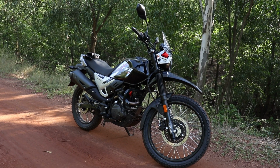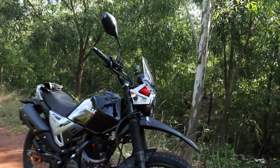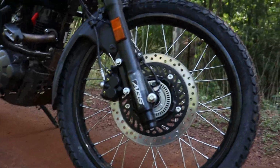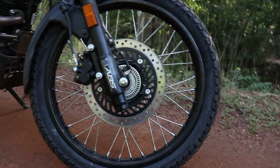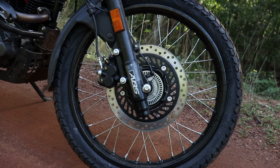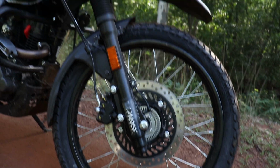Let me present to you the Xpulse 200. Let's do a quick front to back. Take a seat here and you can see it. It's a huge 21-inch front tire with ABS and a disc and